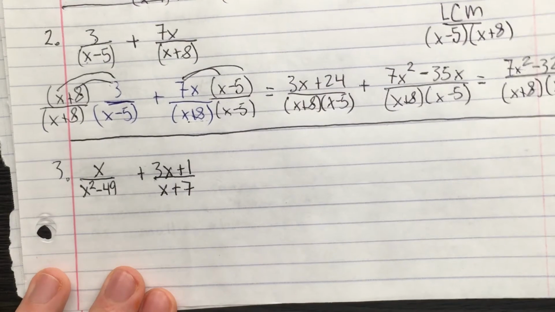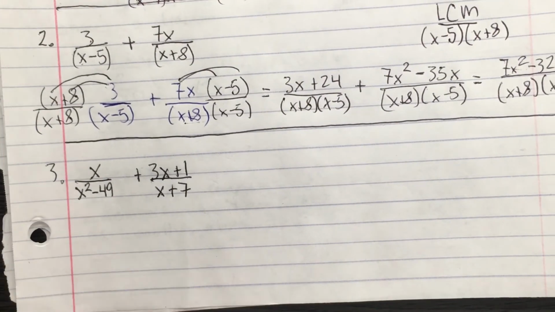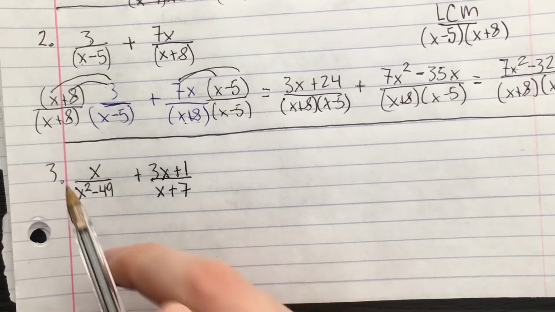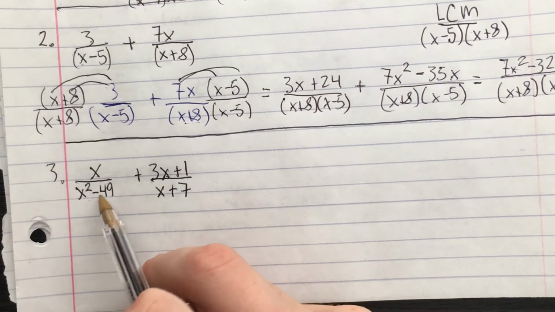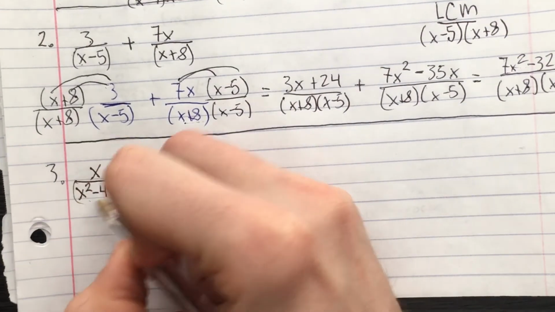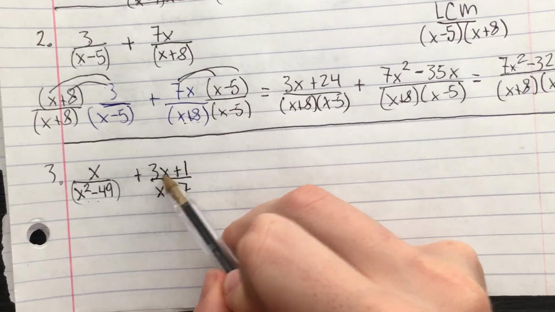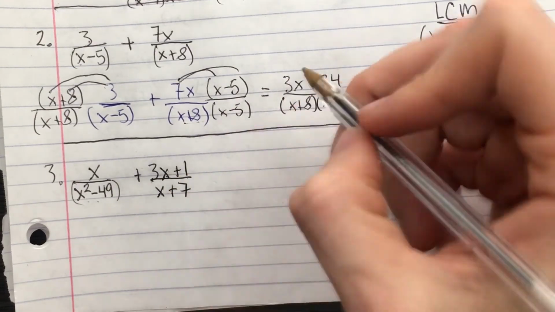So the next example that we're going to look at here of adding rational expressions. So here we've got x divided by x squared minus 49. That's one quantity right there. The other quantity that we've got is 3x plus 1 divided by x plus 7. Now,